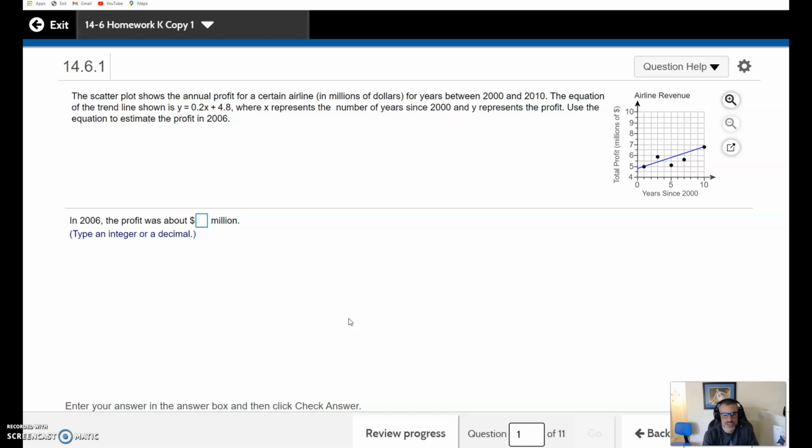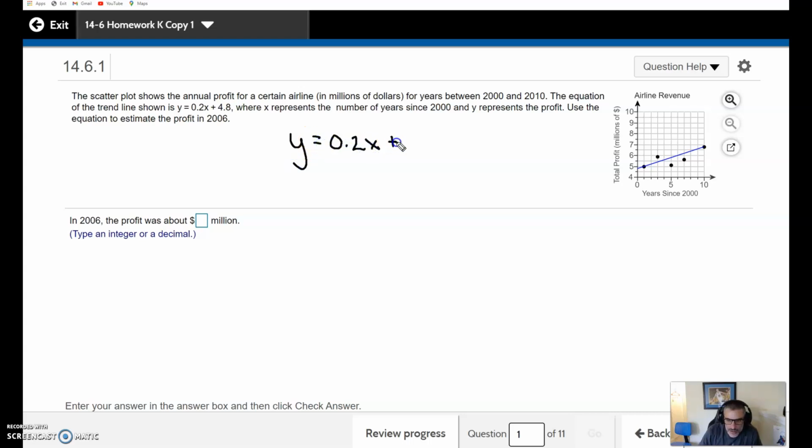All right, the scatter plot shows the annual profit for a certain airline in millions of dollars for the years between 2000 and 2010. The equation of the trend line is, and they actually give us the equation. So in this topic, we don't have to figure it out. So I'm just going to go ahead and rewrite it. The equation is y is equal to